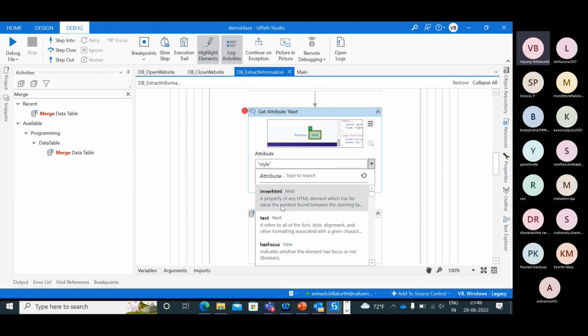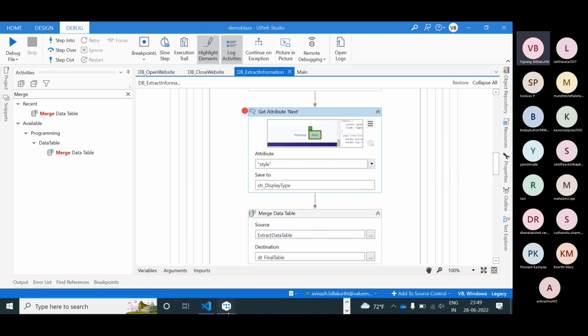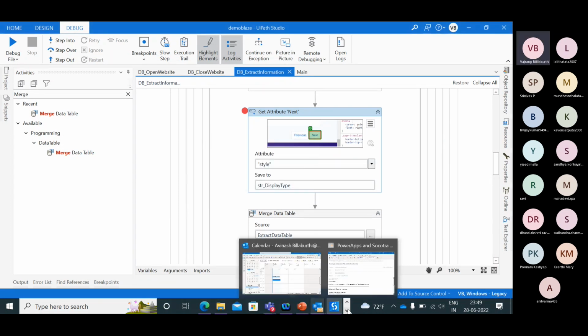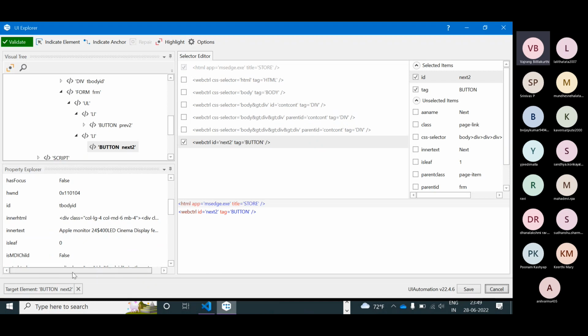I think the visible property should give us some values. But visible will give us 0 and 1 only. So if you can see here, the visibility will be either 0 or 1.